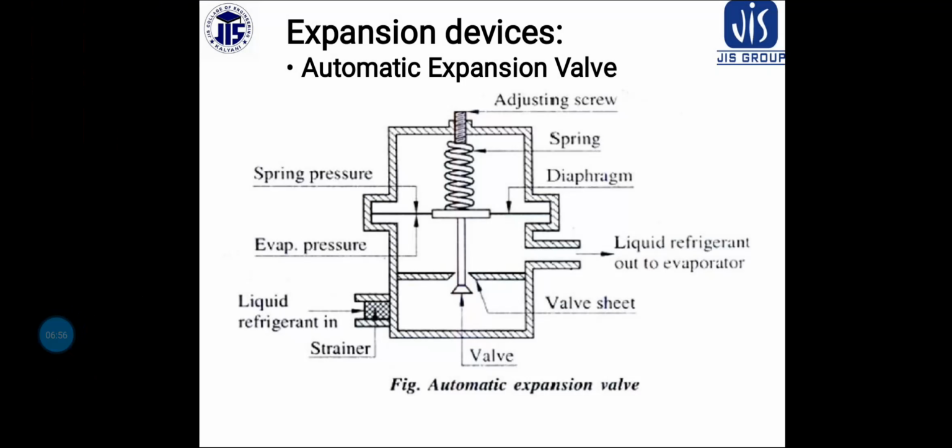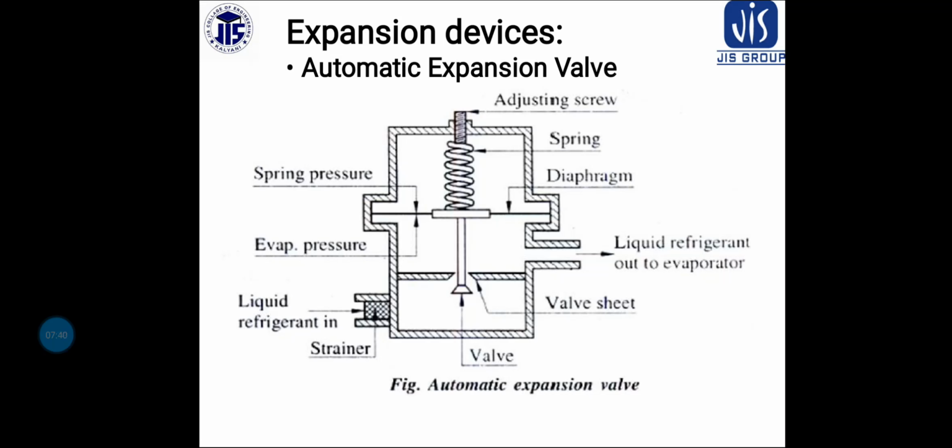Now, if the heat load increases suddenly, the evaporator pressure will increase rapidly, forcing the diaphragm up and allowing the valve to close. This starves the evaporator until the compressor can reduce the pressure and allow more refrigerant to pass into the evaporator. The automatic expansion valve finds its greatest use in systems with relatively constant loads and in systems with only one evaporator coil.